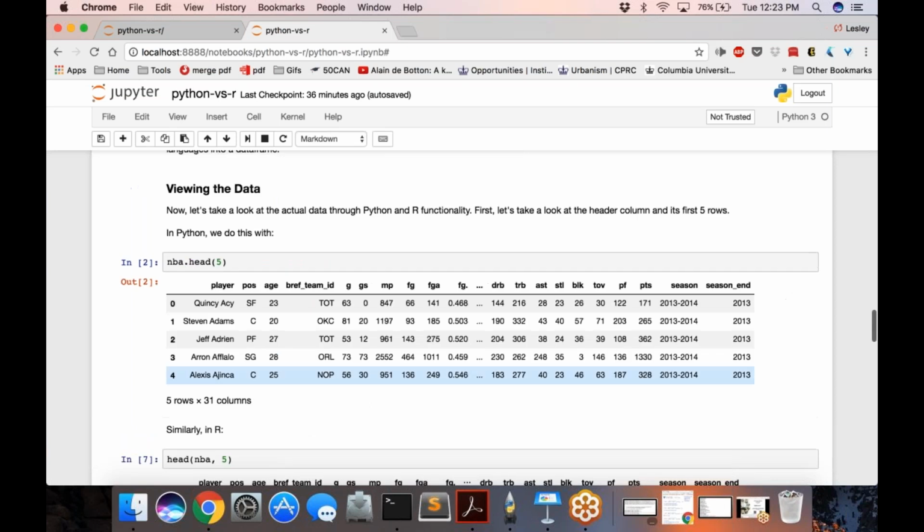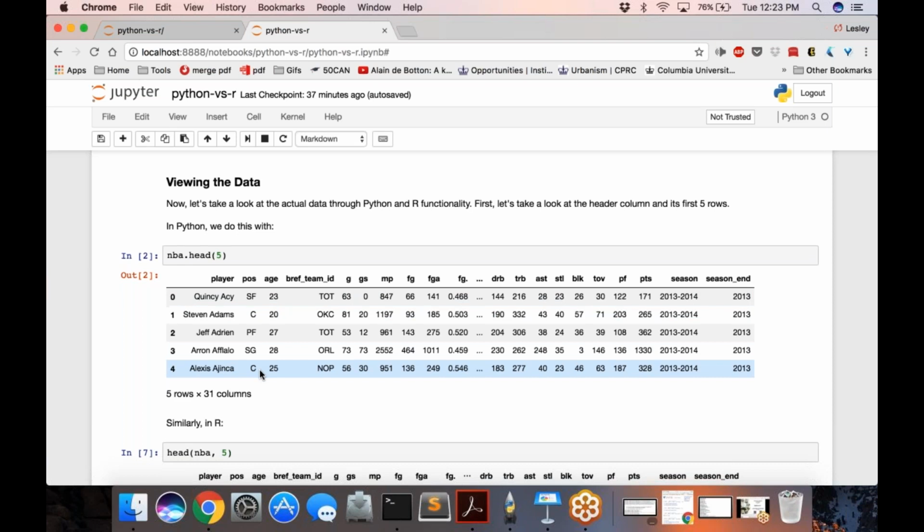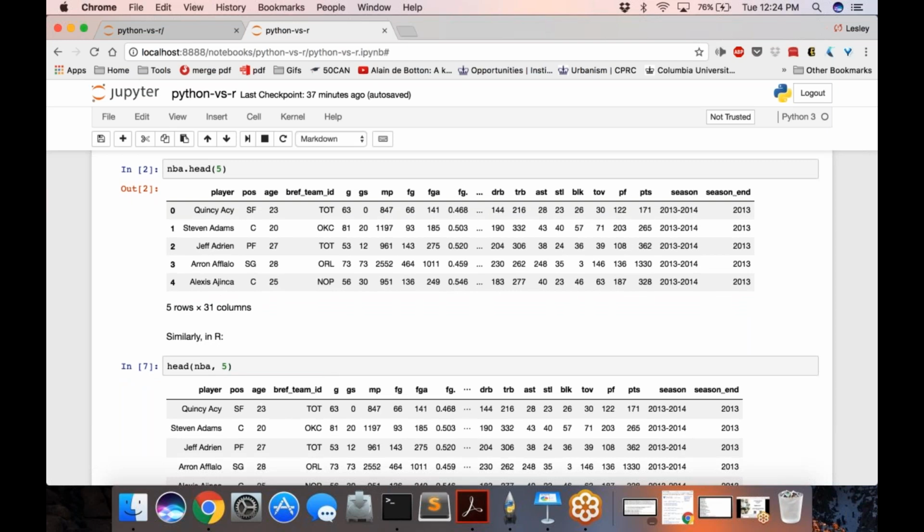Right. So both Python and R do have similar capabilities. In Python, this is the top cell, right? We can use the head function to print out the first 5 rows. This data set is just data of different basketball players and their stats, their age, and other background statistics. In R, we have a very similar function.